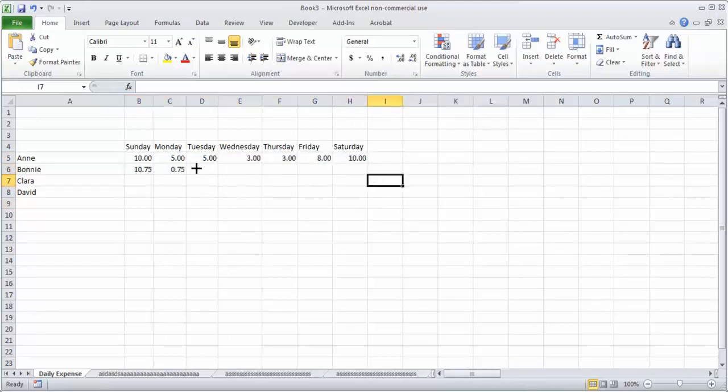Your numbers can also be, let's say suppose on Tuesday Bonnie made an expense of, let's say, 3000. You can also put a comma, so you can put 3,000 like this. All these are allowed. Let's say you want to put a dollar sign, you can put $5 also, and it takes it. So the number can accept decimals, commas, fractions, dollars, all these are allowed. These are the numbers which I am entering.